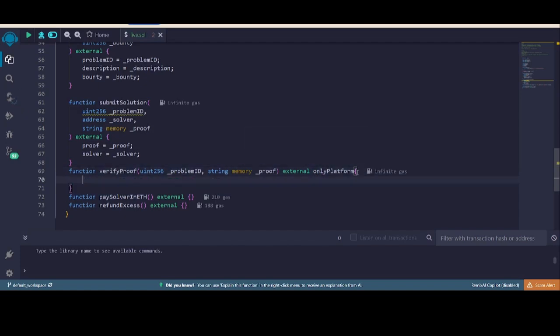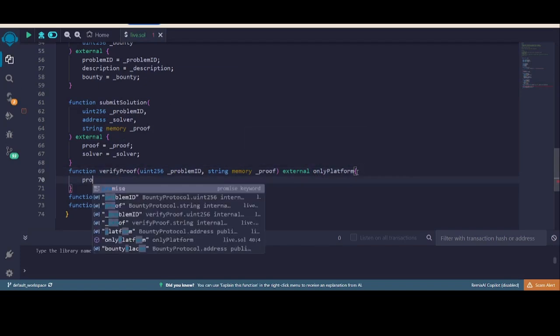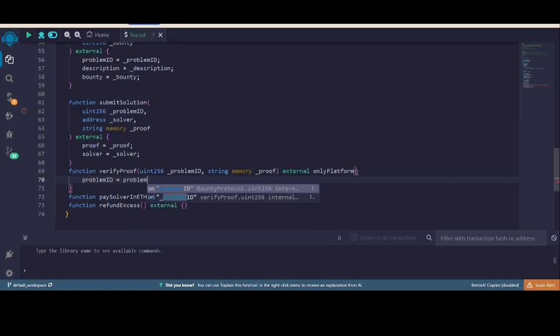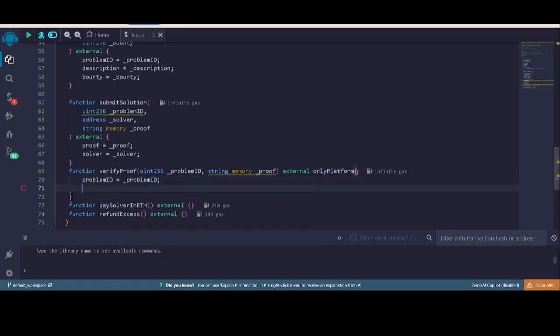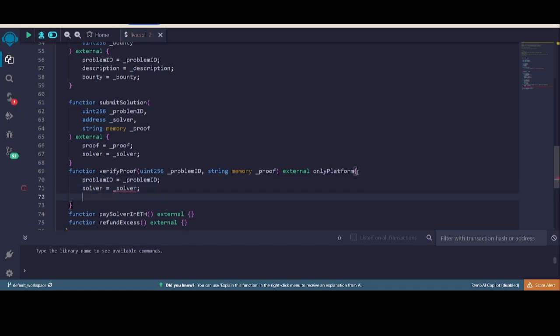Then say the address of the solver. Then what else do we need? Verification. Verified is true. Okay, maybe we shouldn't include the address of the solver here since it's simply verification. Then we can if we want to. So we can say